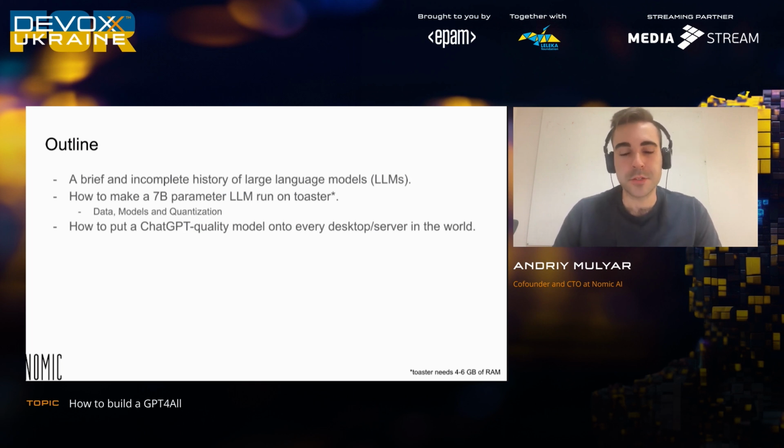So things with 4 GB of RAM and small amounts of CPUs. I'll talk about how you can go about making these models, the kind of data that needs to go into them, what these models look like, and the tips and tricks needed to do to the actual end models to make them run on low resource devices. And then finally, I'm going to talk about some of the new developments that we've been working on, specifically at Nomic and with the open source community that we have around GPT4All, to make these models more accessible for everyone who has maybe not the most top of the line GPUs, maybe not the most top of the line CPUs, and some of the low level infra and optimization work we're doing on the modeling side.